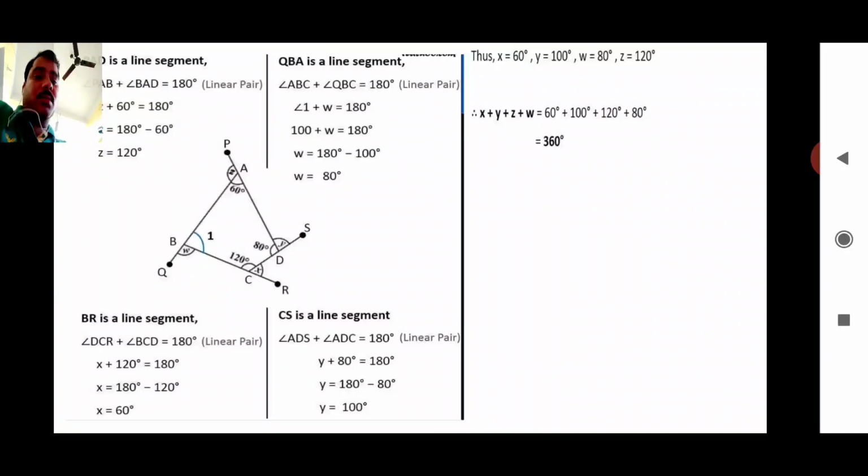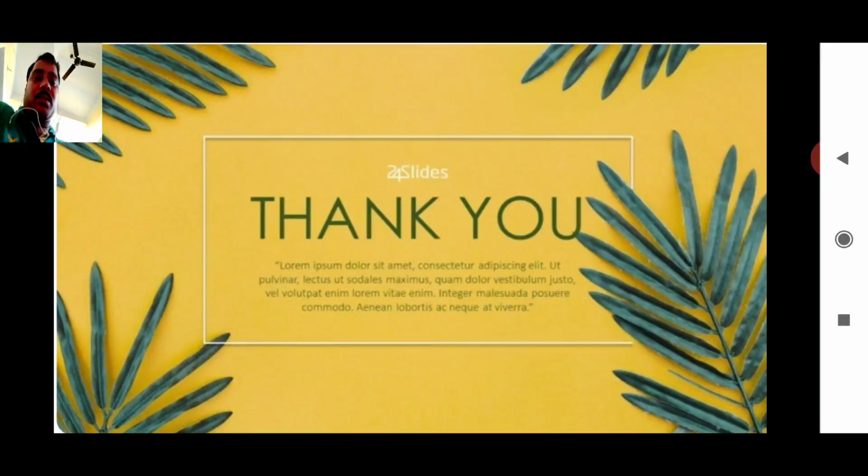Is it done? Attention here. You have to find first the unknown interior angle, angle 1, by using the angle sum property. Then find exterior angles x, y, z and w by applying the linear pair property. And you get x, y, z and w individually. Then you can add the angles x plus y plus w plus z, and you get 360 degrees. Okay. Thank you very much. Observe these solutions and try to solve yourself. Thank you.